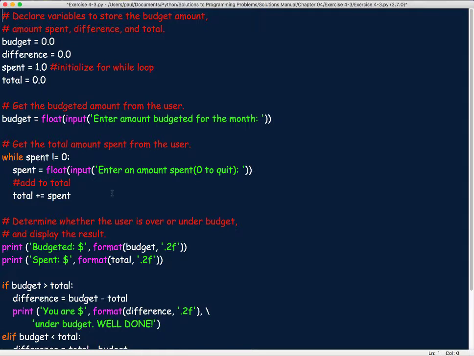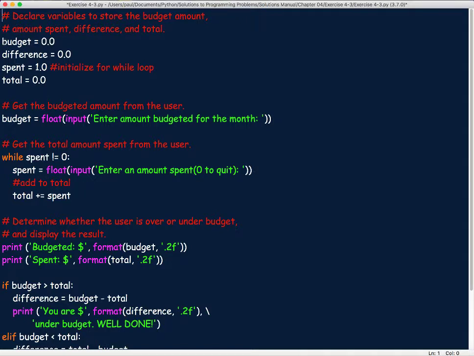Okay, this program here uses a while, but it also uses an if. So it brings together some things that we've done in the past, along with doing some stuff with a while. I'm going to run through this program, and then I'll give you the opportunity to type it in, because it does go down the page a little bit. So I'll have to scroll through here in a minute.